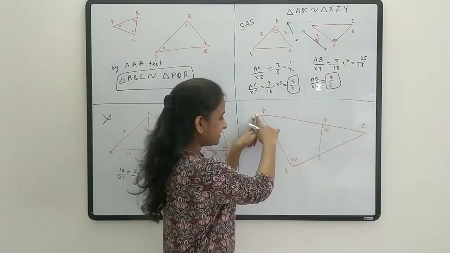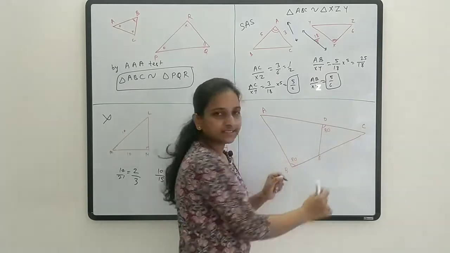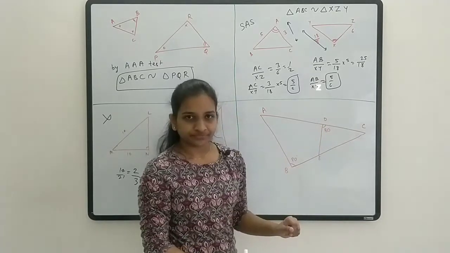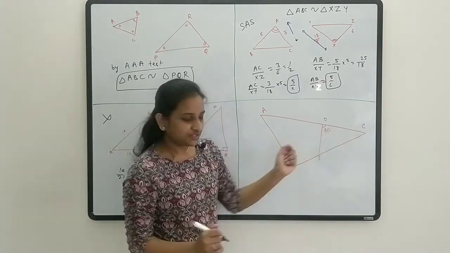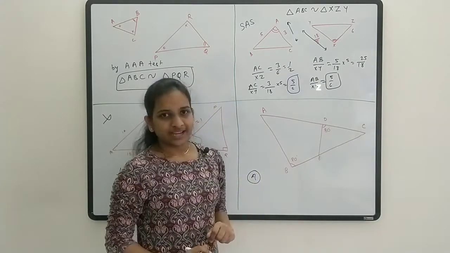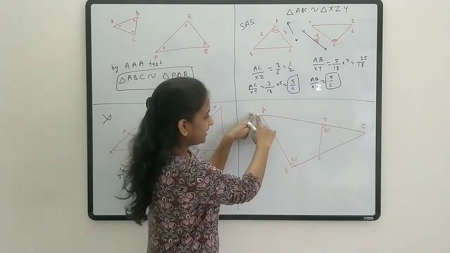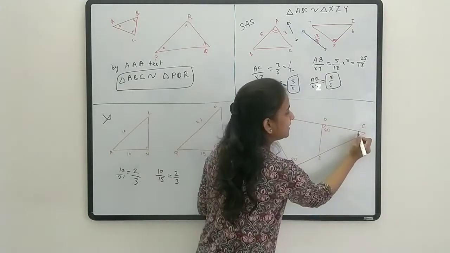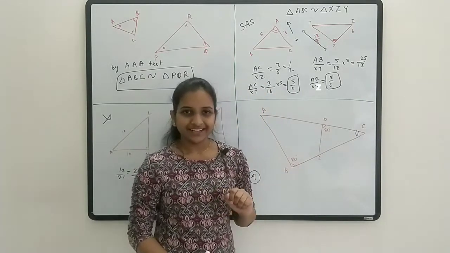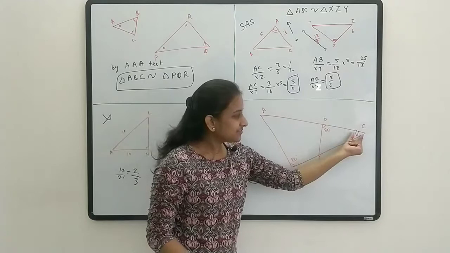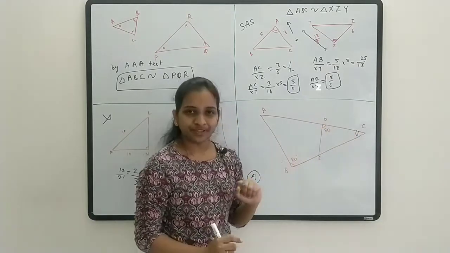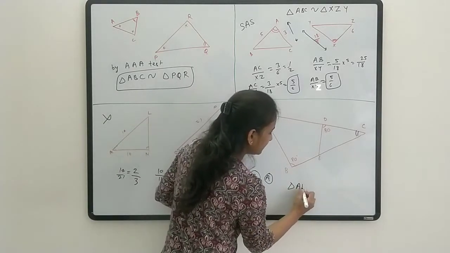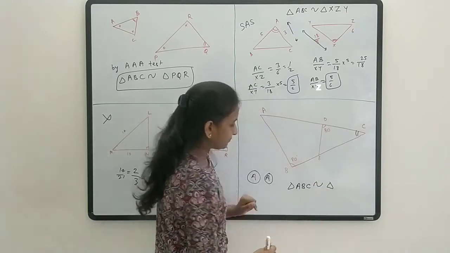Now let's check this. See, here the first triangle is ABC and the second triangle is this triangle. Now, here what is given? Angle B is equal to angle D. Angle B is equal to angle D means one angle is equal. Now let's check for another angle. See, in this big triangle ABC and this small triangle DEC, angle C is the common angle for both the triangles, right? So in both the triangles, this is the first angle which is equal and the second angle is this. So there are two angles. By AA test, we can say triangle ABC is similar to triangle...